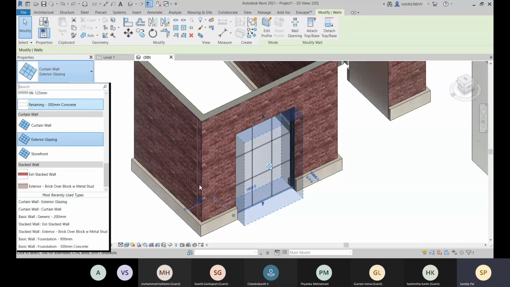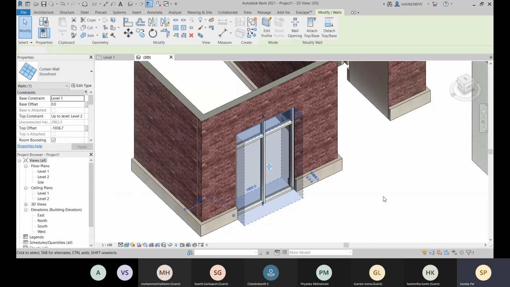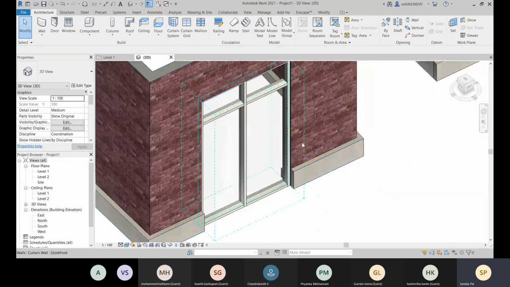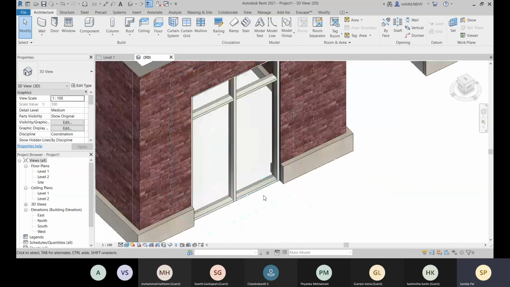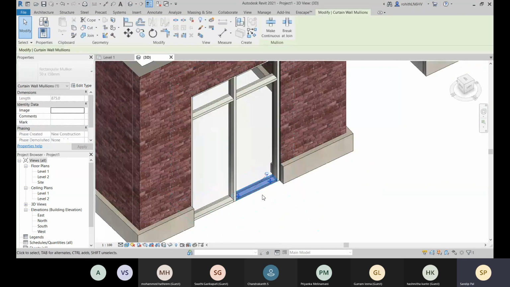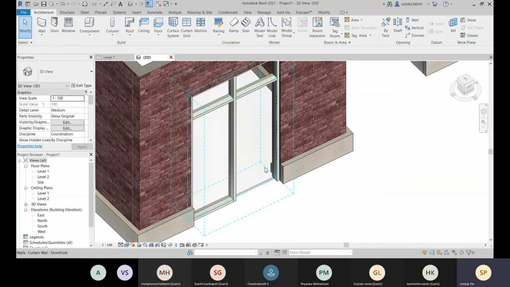If you want to create with all the grids and the mullions, then you will choose storefront, and you just have to change this. If you don't want these mullions there, you unpin them first and then you can delete.